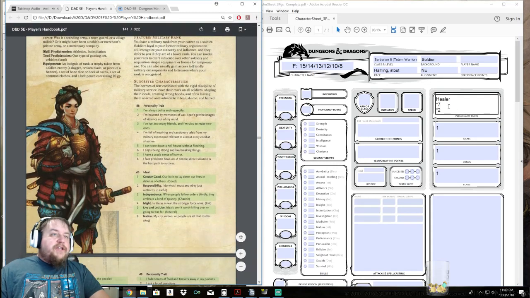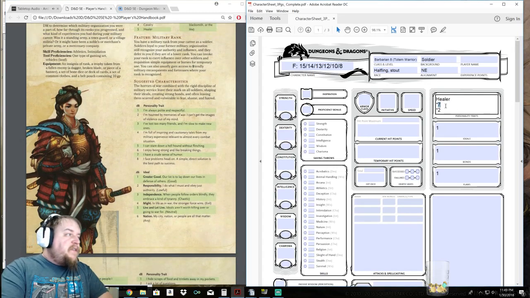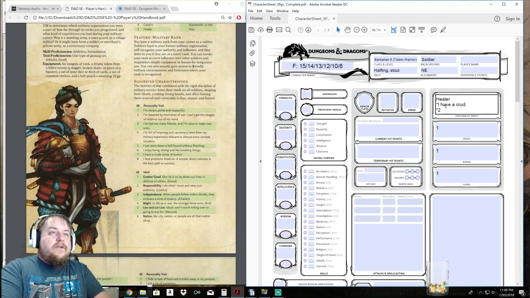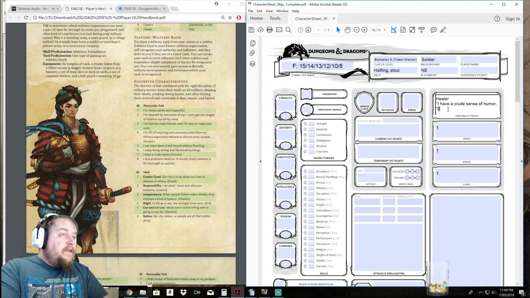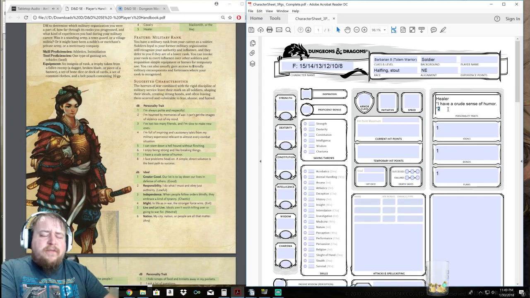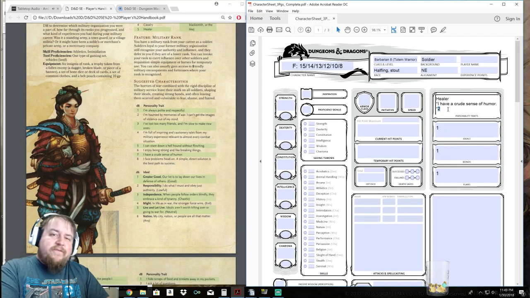Her personality traits. First one, 7. I have a crude sense of humor. Well, that could mean a lot of things if she was a healer in the military. Like, you don't need that bone. Here, let me get rid of it for you. Or, oh, it hurts. Oh no, what was it from